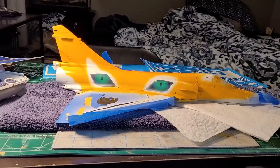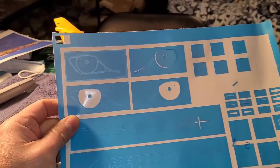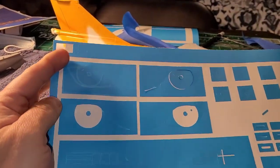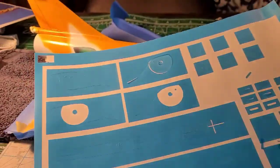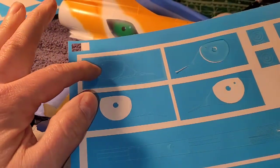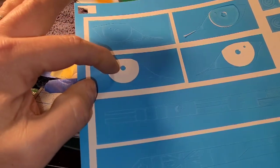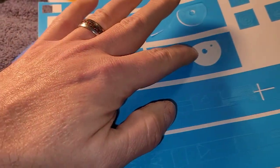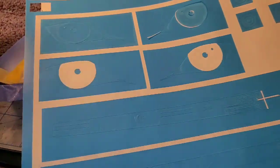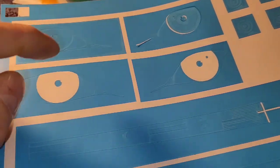So I know they look kind of blue right now. That is not the true color. I have this paint mask material over top of it. As you can see, the first mask was a negative mask. I put the whole entire mask on the plane where I wanted it, and then I peeled off the eyeballs as I went, and I left the white dots on there, so that essentially the first color I masked off was the white, and then I painted the green,